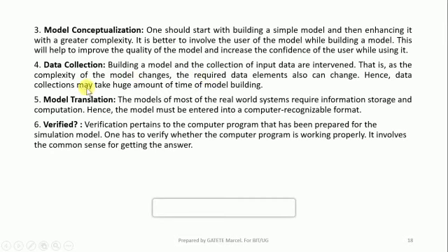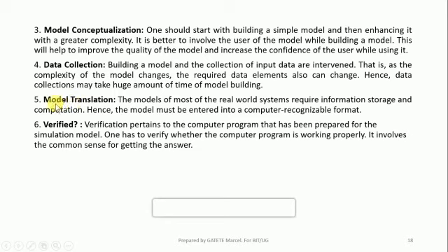Hence, data collection may take a huge amount of the model building time. The data will help you build your model, but the data can change over time. So you have to make sure that when the data changes over time, you will be able to handle the new data.